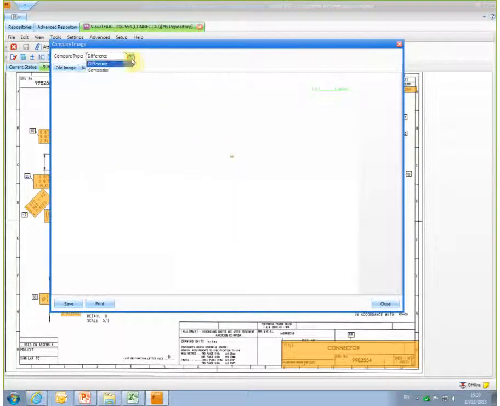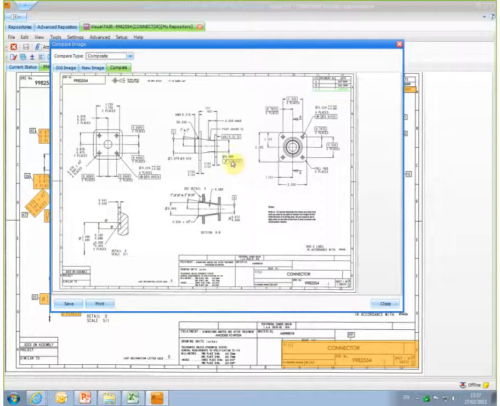So if I look at the composite build, I might be able to identify a particular requirement on the drawing where that change is happening. It's somewhere here, something to do with that diameter. So do you want to save it? You can. Do you want to print it? It's up to you. Let's just close that down as a tool